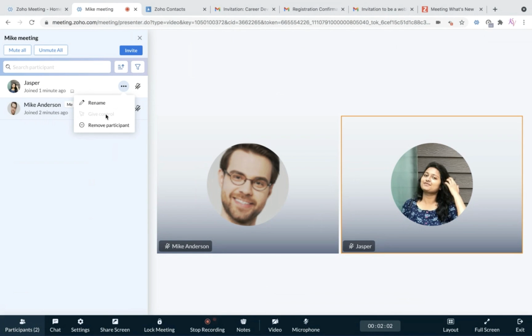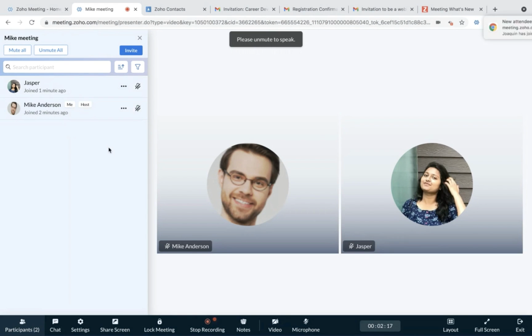The second option is to let anyone take control over your screen to point out something or illustrate a solution whenever you do any screen share. So, this is nothing but remote access, by providing your mouse and keyboard control to them. The third one is remove participants, where you can remove them when they are no longer part of your discussion.